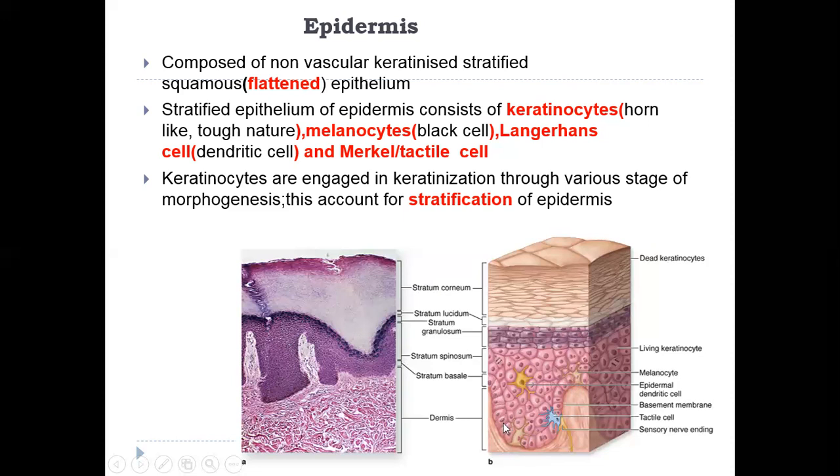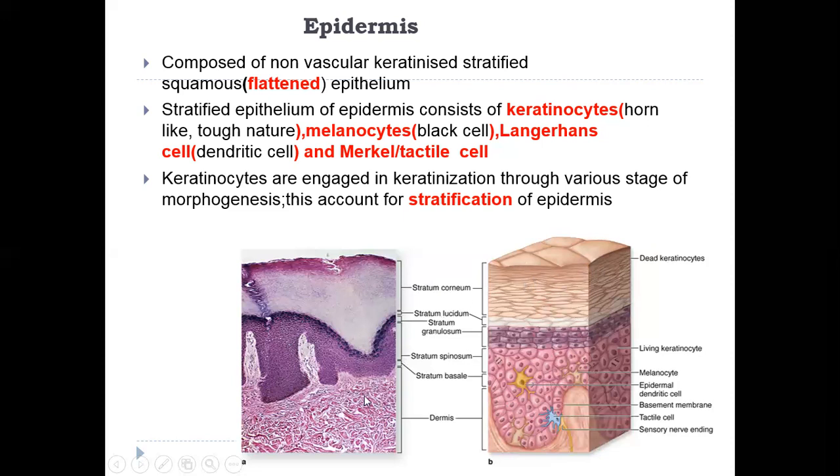These keratinocytes move from base to the top. So initially they are columnar cells, then it becomes polygonal cells, then becomes ovoidal cells or round cells, then slowly flat cells. So this movement of cells from base to the top is responsible for the stratification of the epidermis, and also it is responsible for production of the keratin layer, which can be seen at the superficial aspect, this layer.